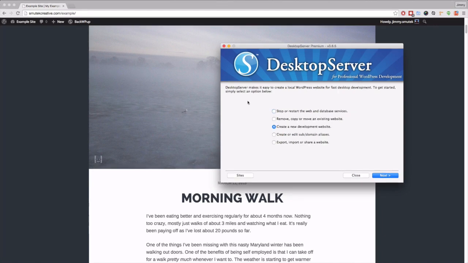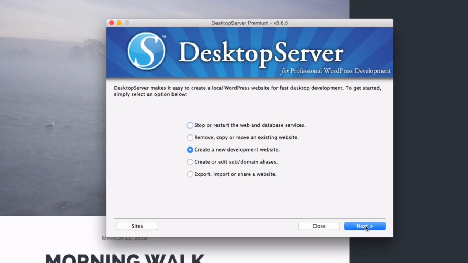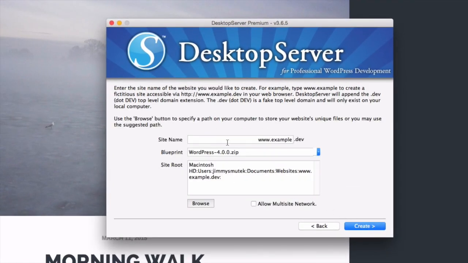Okay, so now for the not as easy, but still easy version. There's a few steps to this. The first thing we need to do is to set up a new WordPress install, just a fresh blank install. So from this page, you want to select Create a New Development Website. Click Next. Fill in the site name. So for mine, for this example, I'm going to go with